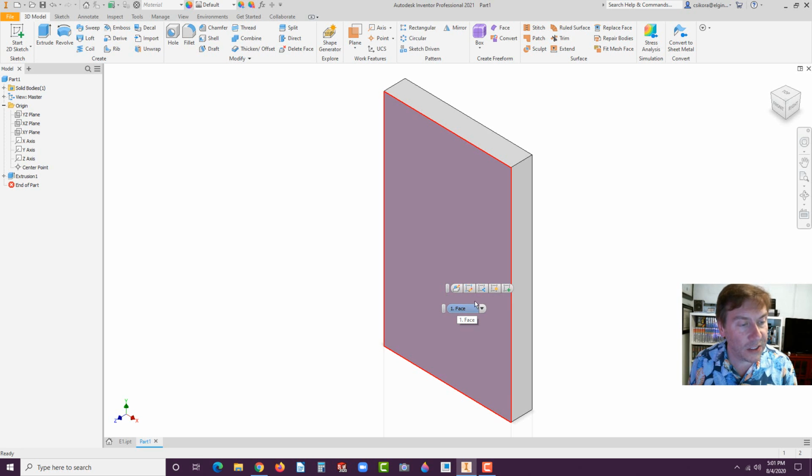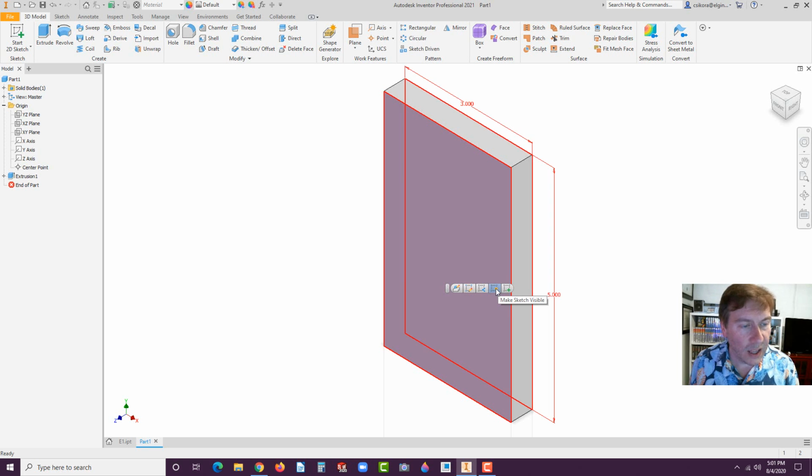So I'm going to click on this face, and then over here, notice we have some options. We have create sketch, and that's what we want actually, but let's just look at some of the other options. Look at that one, make sketch visible. So if you wanted to, you could bring up those dimensions and double click on them and change them. You also have share sketch. So if you want to send that off to another,